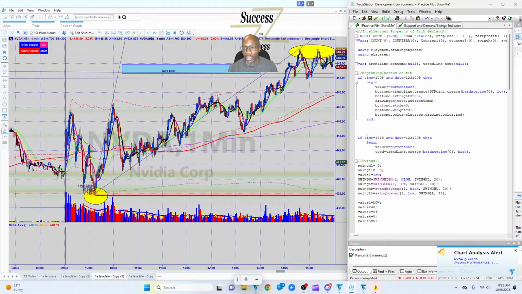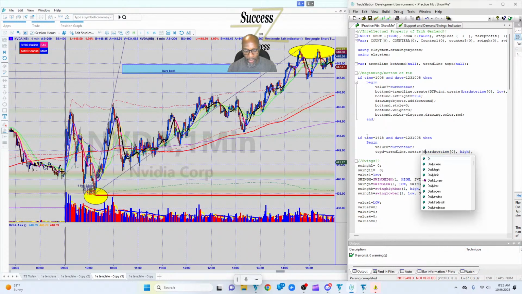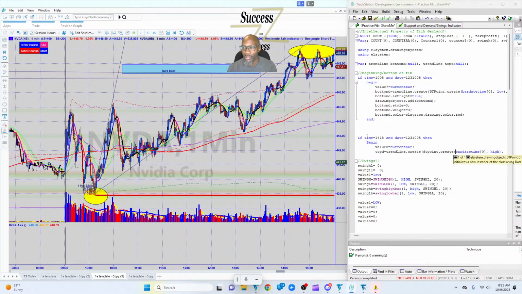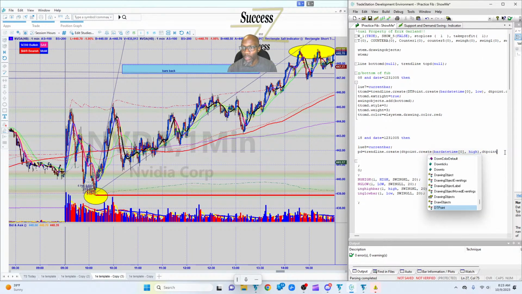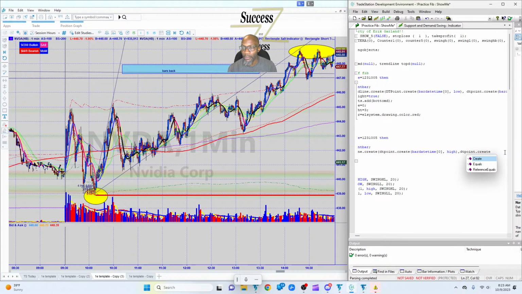The second point of the trend line. Trend line has to have 2 points, minimum 2 points. So we'll do. I feel like this is supposed to be DT point. DT point. Bar date DT point dot create. I feel like, yeah, there we go. I think that's right. DT point dot create that dot, and DT point for the second one, the end one. Point dot create